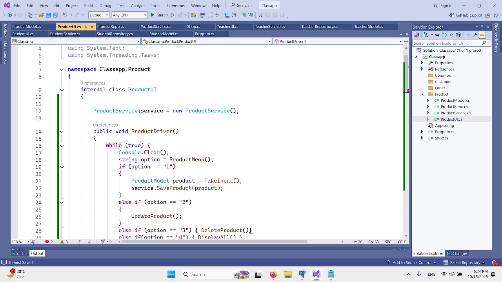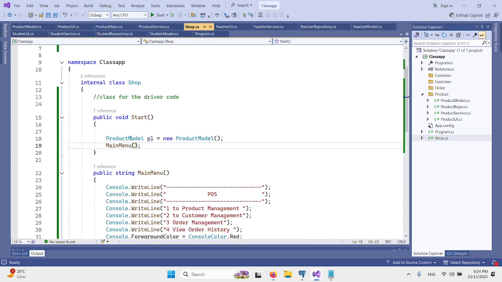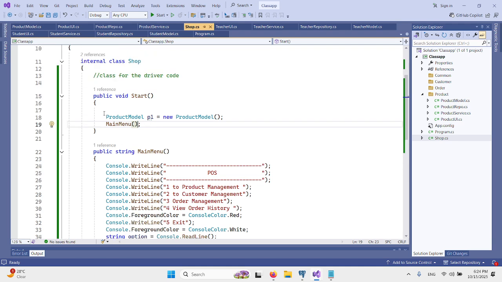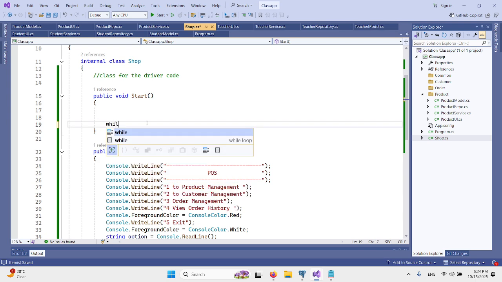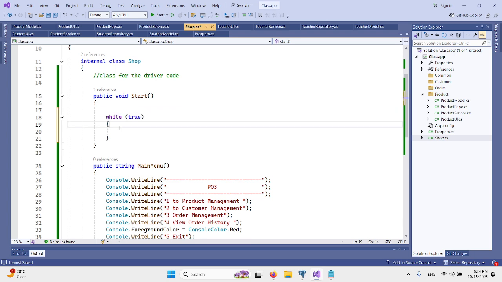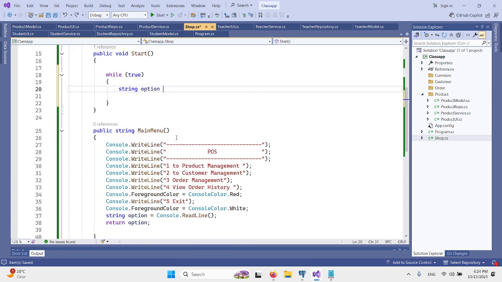See, so this is the product UI class in the shop, and we have this main menu. We don't need it actually. We don't need this class actually. So this is the main, and here we'll write the logic, while true. String option, main menu.